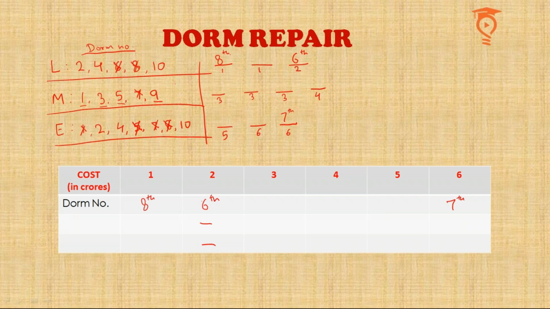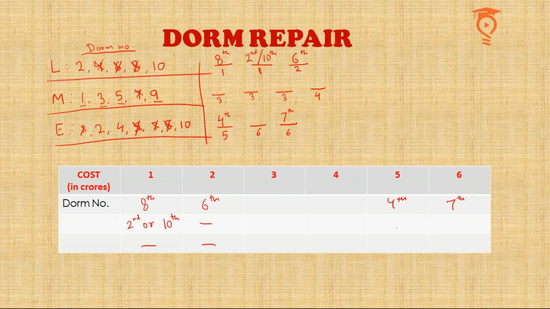Now for sure we cannot write DOM number 4 in a 1 crore repair, and only one slot is left in the light repair category. We cannot write 4 over here because DOM number 8 already has a 1 crore repair. So DOM number 4 cannot get a 1 crore repair, owing to the same point that I showed you. I'm going to strike out 4 from here, and write 2/10 in the 1 crore repair, where another slot was left. One of these DOMs is going to get a 1 crore repair, while 4 will be given the 5 crore repair because DOM number 7 has already gotten the maximum. So I'm going to write 4th here, and 4 is gone.